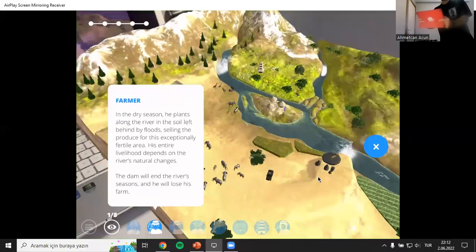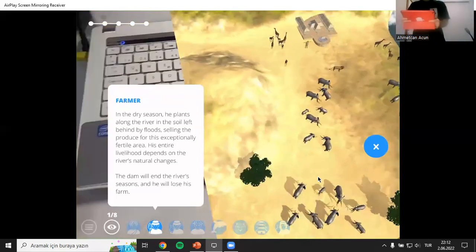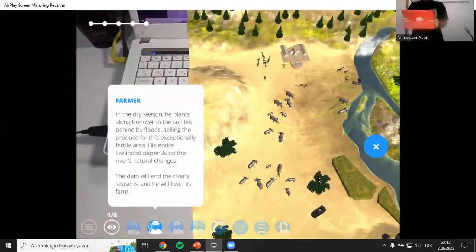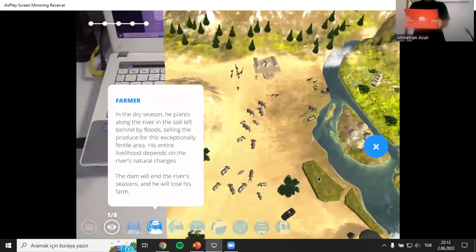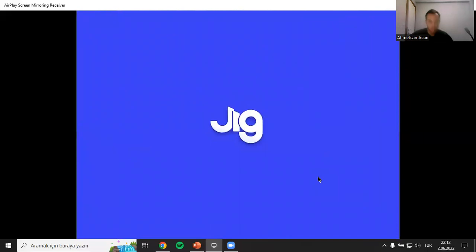It's actually a great app, but I don't want to take that video that long. For those who want to experience it, you can experience it at your own pace, and you can experience it with your own experiences. The other app I want to mention is